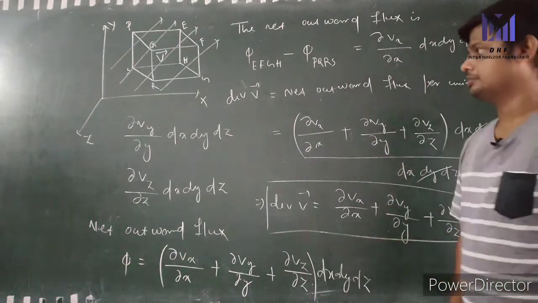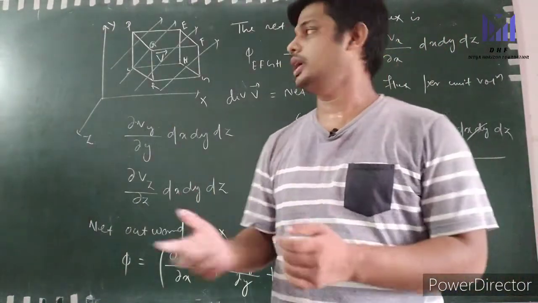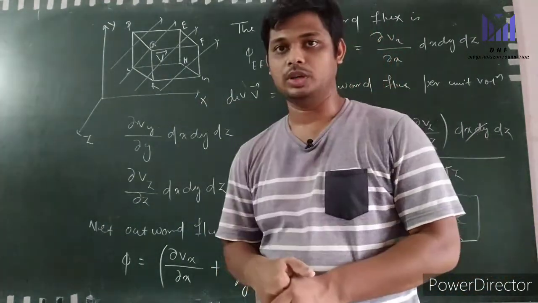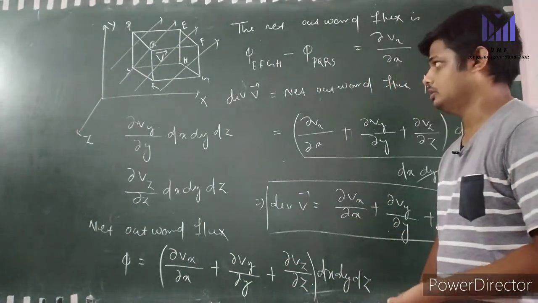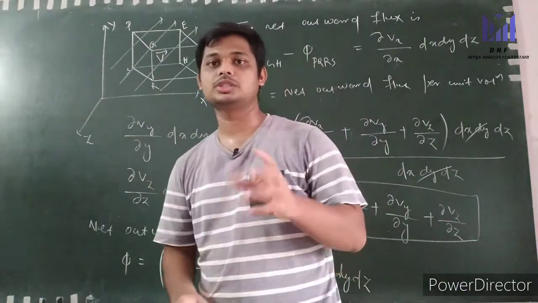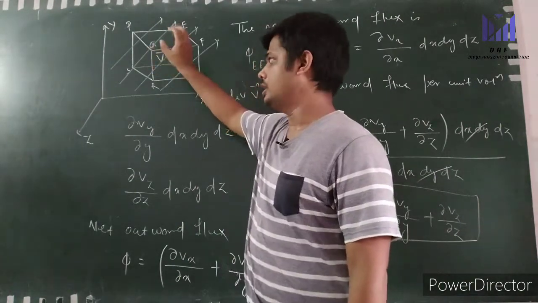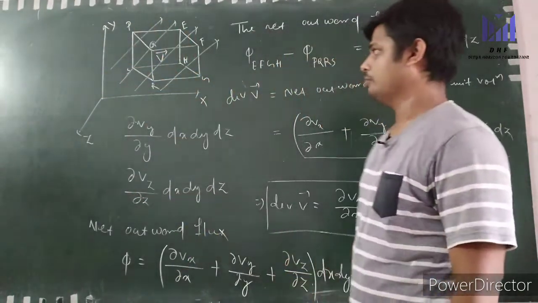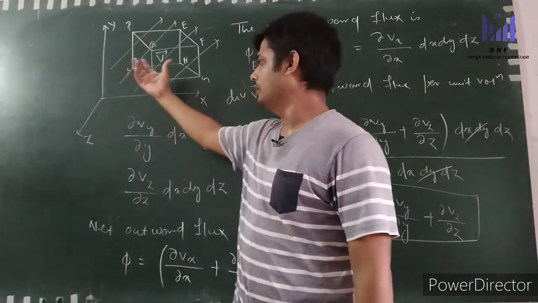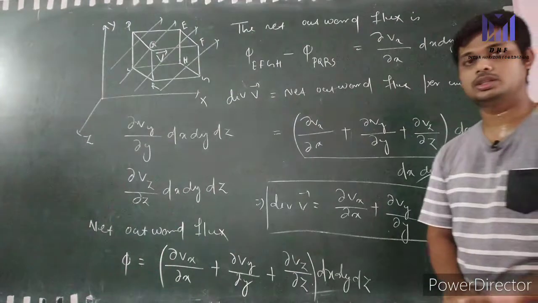What we did here, we simply calculated the net flux coming out of a cuboid minus the net flux coming into the cuboid. Okay, and here is the final expression. And let me say one thing: if the flux generating source is not present inside the cuboidal volume, that is, present, let's say, outside the cuboidal volume, the amount of flux entering the cuboid will be equal to the amount of flux going out of the cuboid. So the divergence in this case will be 0.